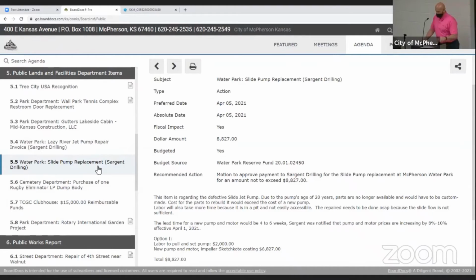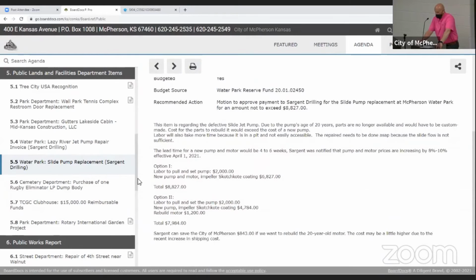The next one is for the cemetery. Staff is requesting commission approval to purchase one 9-foot rugby eliminator LP dump body from Kansas Truck and Equipment for an amount not to exceed $13,032.45, increasing the amount from $38,181 that was approved on February 10th, 2020 by $9,661.95, and an amount not to exceed